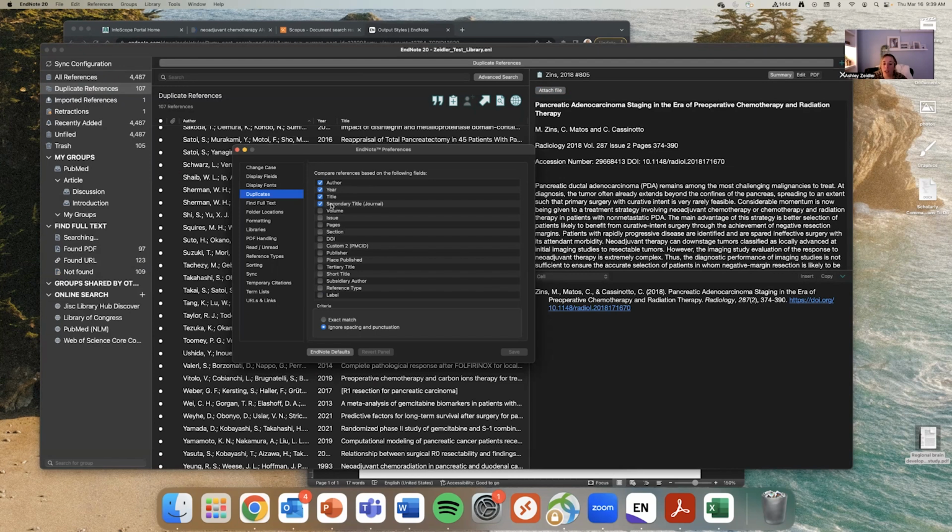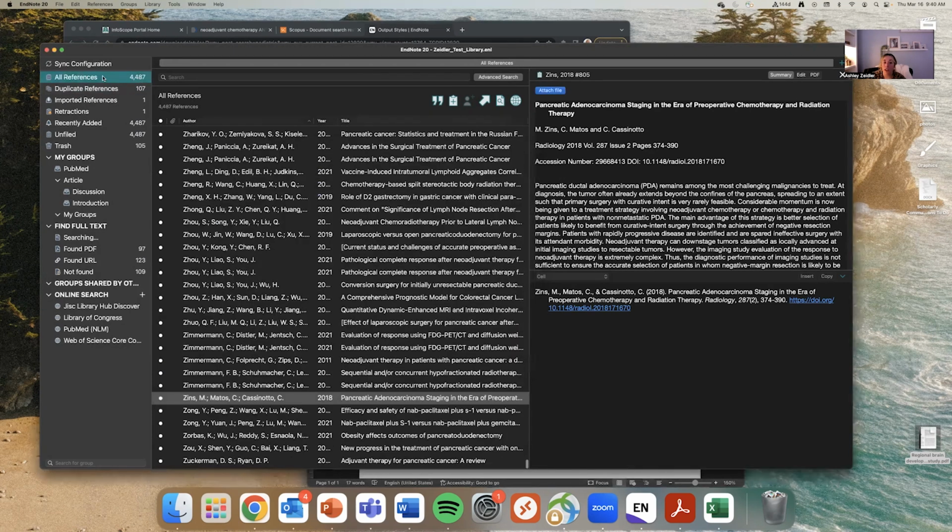However, when I'm doing this, I'm going to try removing some and seeing how many more I can find, because you'll notice that the journal title might be different database to database. They might use different abbreviations. So Scopus and PubMed won't necessarily use the same journal title. So I'm going to unselect that secondary title, click save,